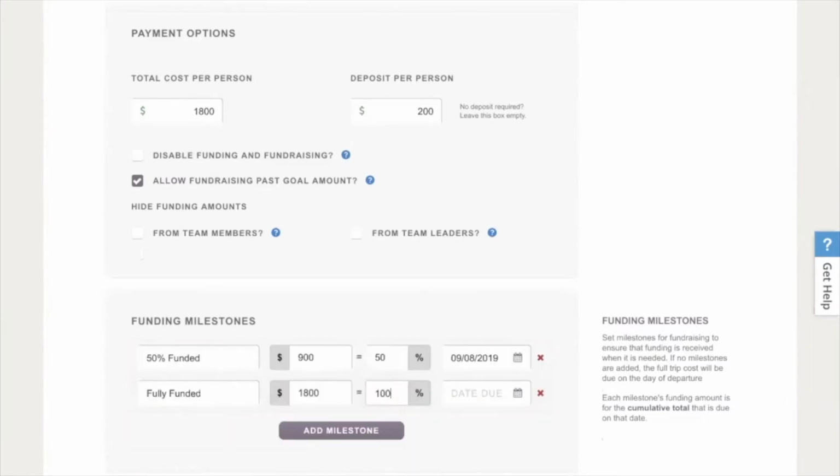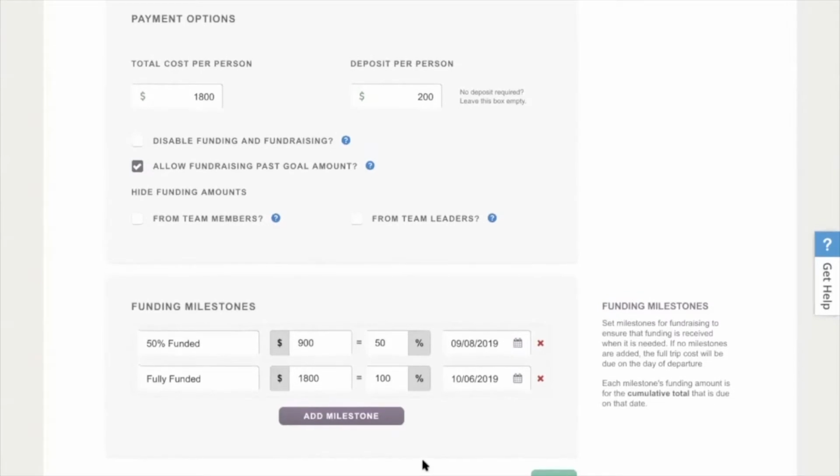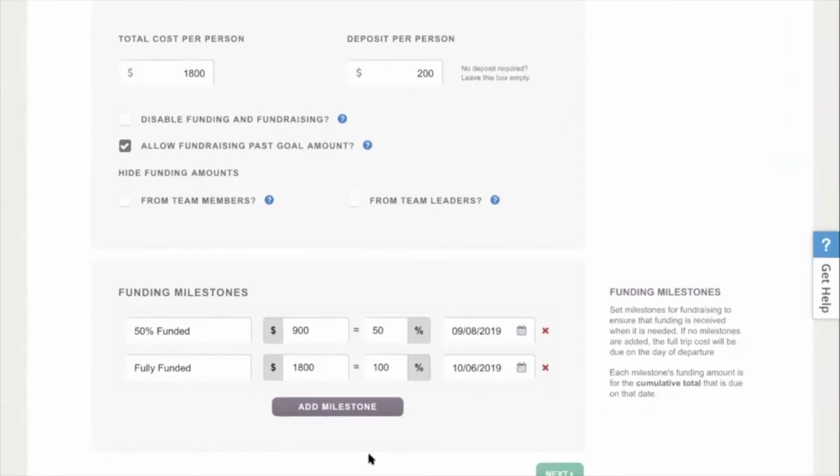We'll put 100% here. And again, the due date, we'll go ahead and make it 1 month out from the trip. And again, this is all organization specific, and you'll just want to adjust these dates and amounts based on how your organization works. After your funding milestones, you will have another section that's going to be specific to your